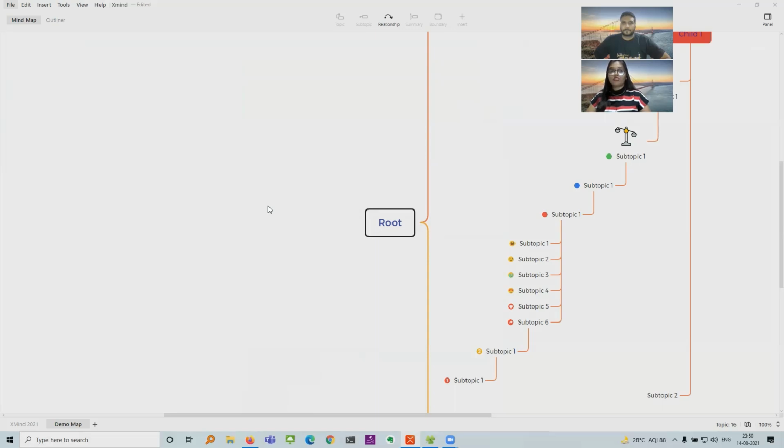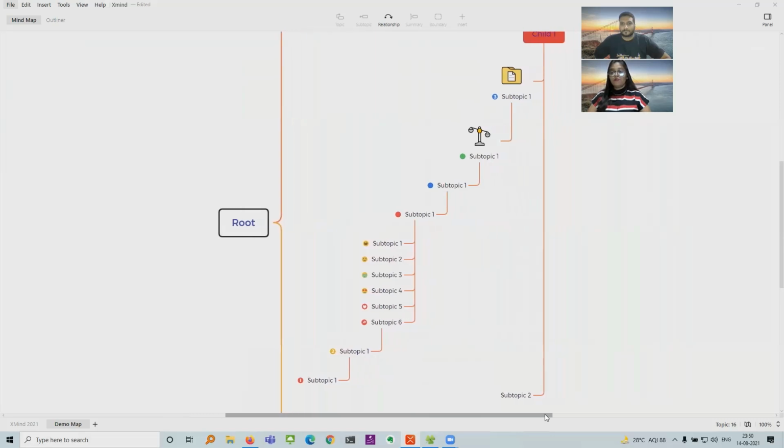And I basically use it for note taking and also for presentations. You don't have to struggle with all the different slideshows and putting transitions and everything. You can just create a mind map and run it in pitch mode, and that's it. You're good with your presentation. So yeah, that's helped me a lot in that way.